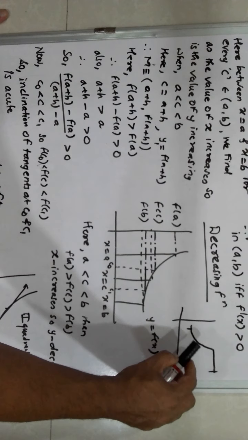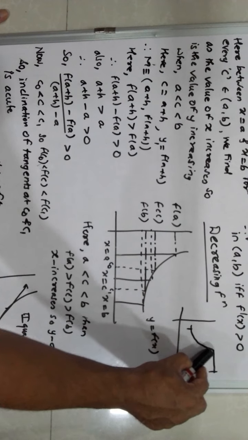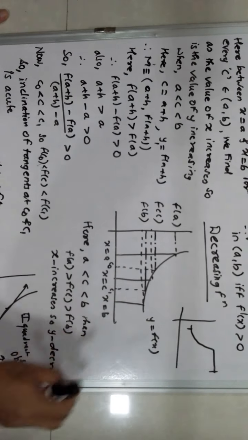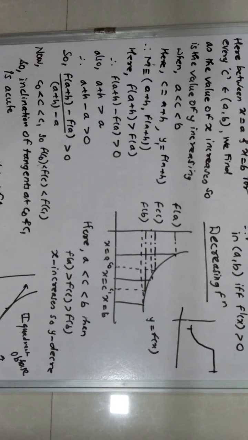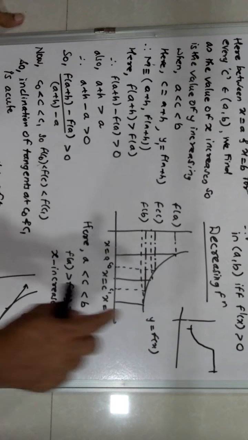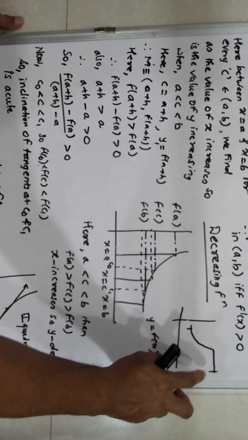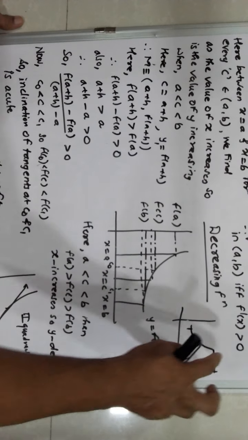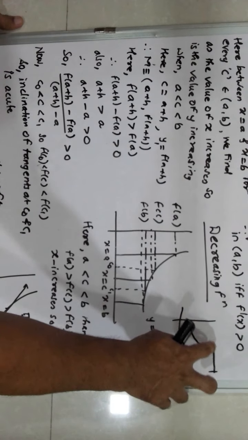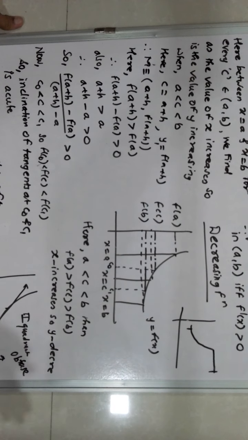Now if you take these 2 points, between these 2 points it is strictly increasing. But if you take the whole graph, then this function is still an increasing function but not strictly increasing. Got the difference? Here after a particular point the f dash x becomes 0 because it is parallel to the x axis. So the slope becomes 0 but does not dip down. So this function is called an increasing function but not strictly increasing.